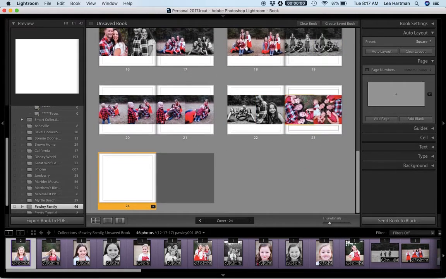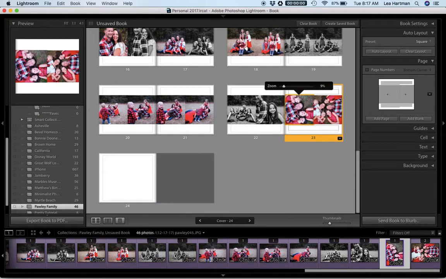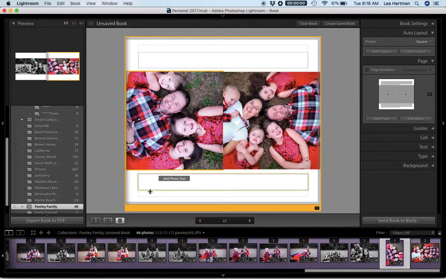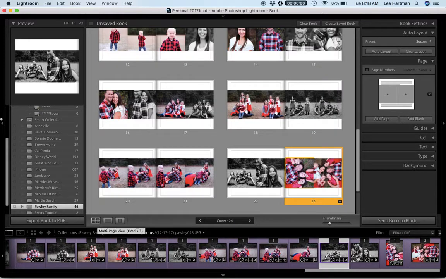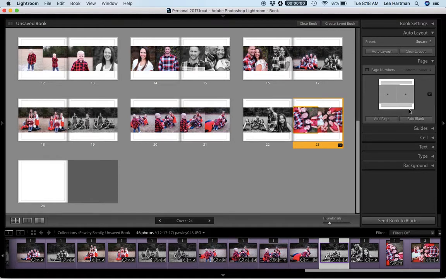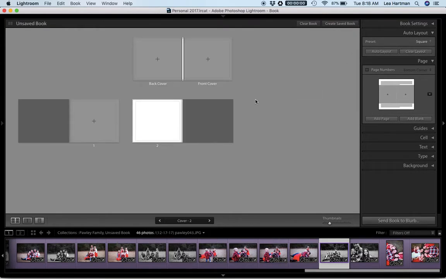Literally, you could just go through and adjust the crop on the images like so. You can get a closer look here. You can view a spread, or you can view the thumbnails. Okay, so we're going to go ahead and clear this layout, and I'm going to show you the second way that you can create a book,